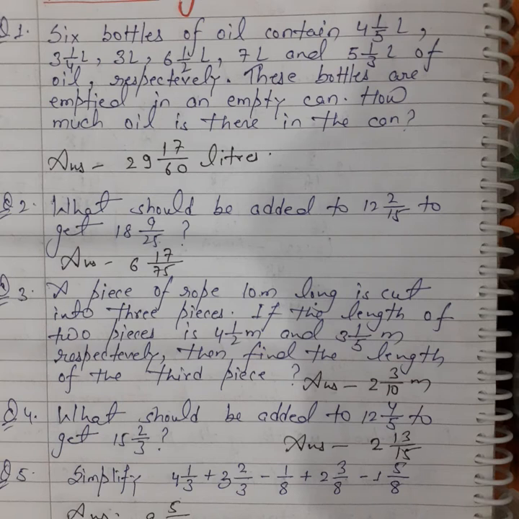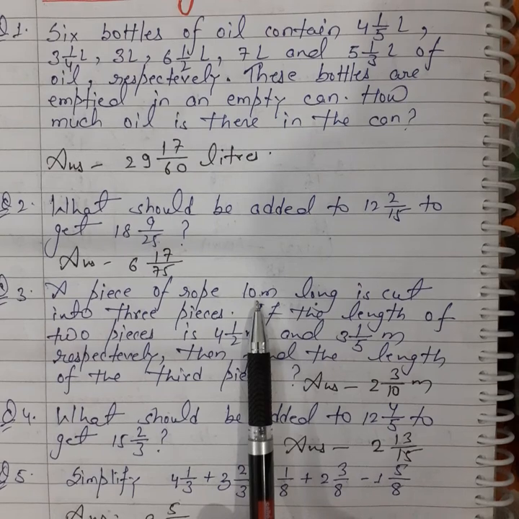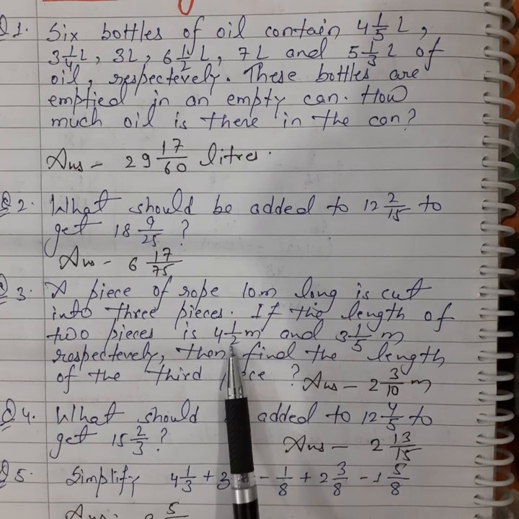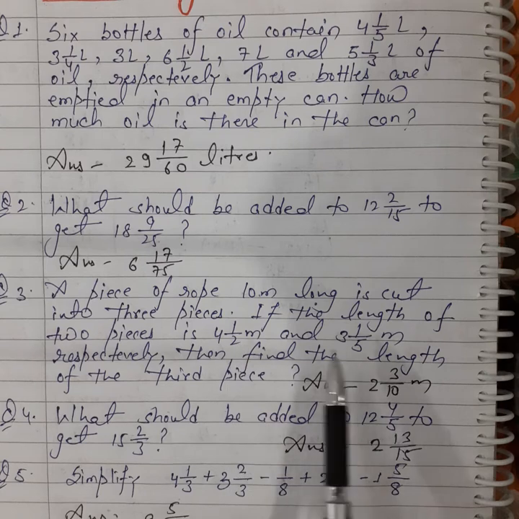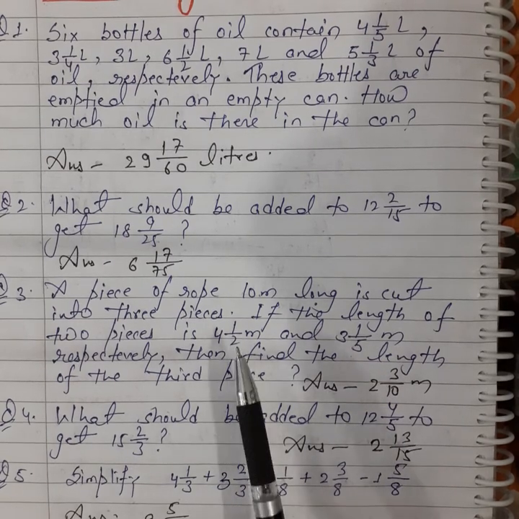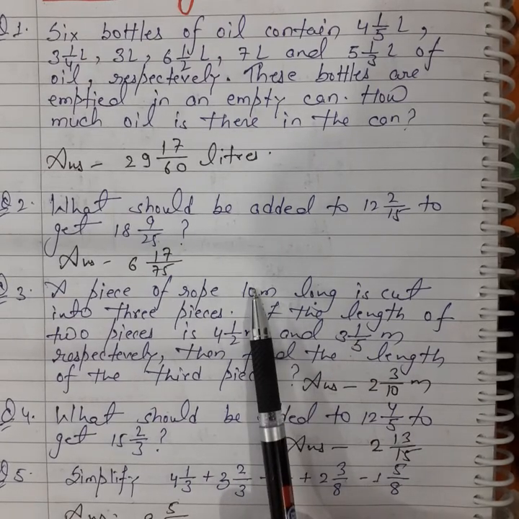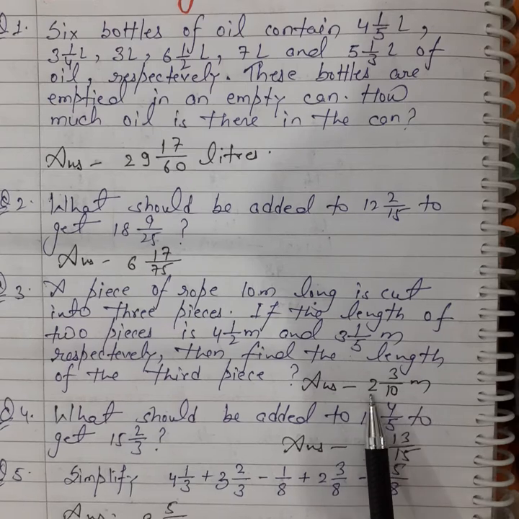Third question: a piece of rope 10 meter long is cut into 3 pieces. If the length of 2 pieces is 4 whole 1 by 2 meter and 3 whole 1 by 5 meter respectively, then find the length of the third piece. The original length of the rope is 10 meter and this rope is divided into 3 pieces. The length of the first piece is 4 whole 1 by 2 meter, the second piece is 3 whole 1 by 5 meter. You have to find out the length of the third piece. So what you do? You first add the length of the first piece and the second piece and then subtract it from the original length of the rope, and you get the length of the third piece is equal to 2 whole